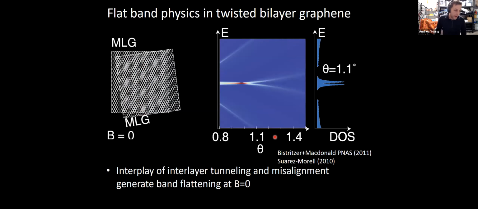Right, so changing topics to something that is closely related but not microscopically identical. In twisted bilayer graphene, I believe everybody is familiar with the underlying physics, but a flat band is generated a little bit more out of nowhere, in the sense that there's this resonance condition between interlayer hopping and the twist angle that allows you to flatten and isolate a flat electronic band. The end result is in many ways similar to what I've told you about, in that you generate an isolated flat band on this Moiré lattice, which may have non-trivial topology, and that's what I'll focus on.